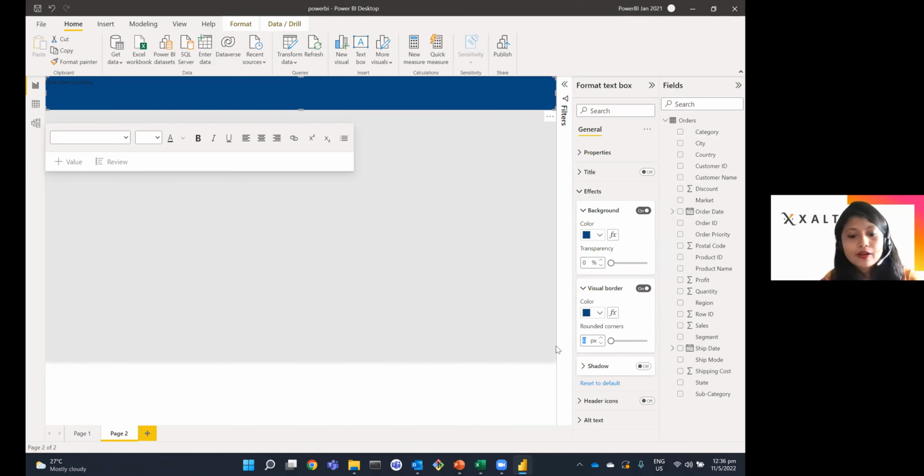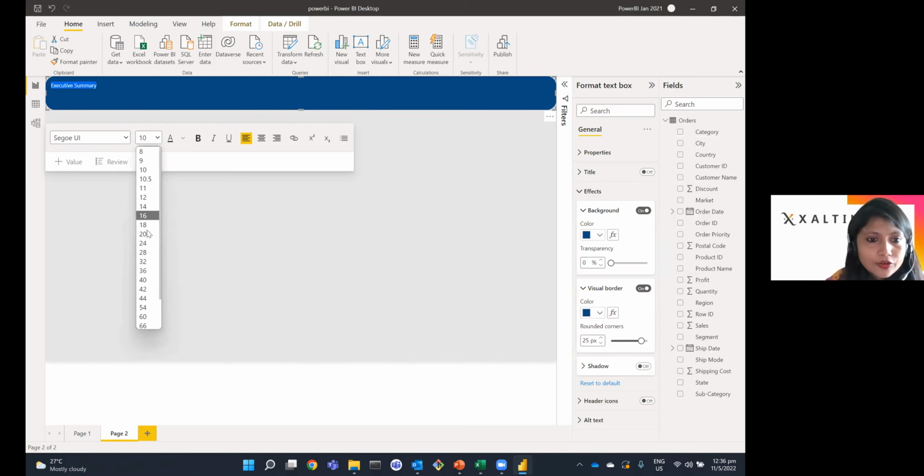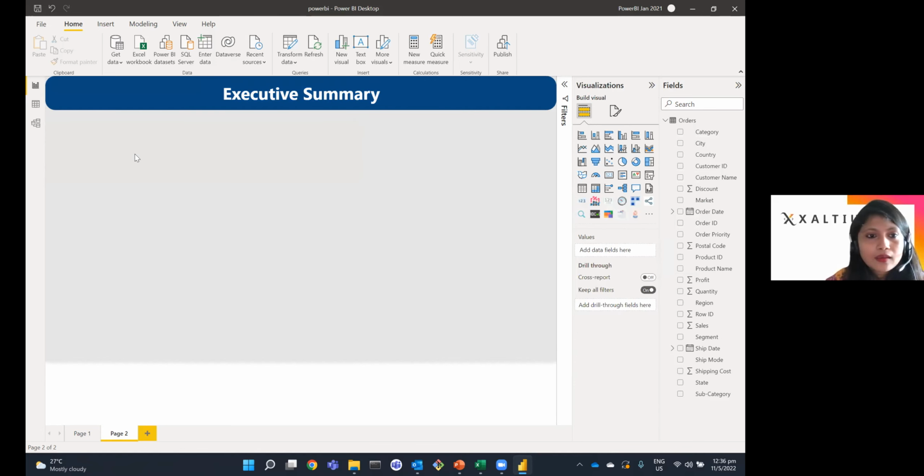And I'll have some rounded edge to it. And then the executive summary, I'm going to increase the size of this and make it a bit central aligned and display this as a white text. Perfect. And now, since I'm going to show the metrics, because the head of the retail wants me to show